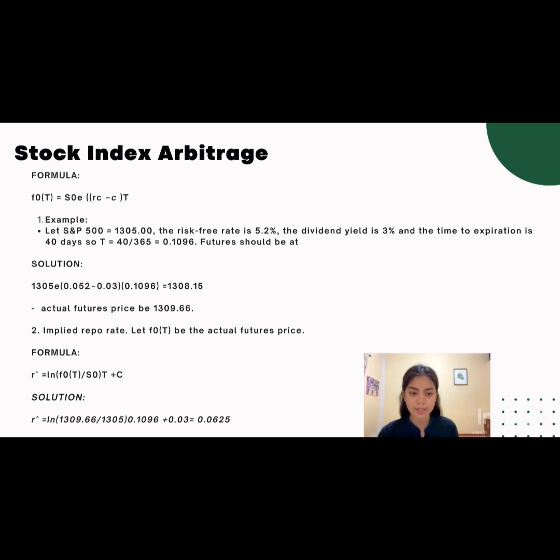So stock index rate. It typically refers to the return or performance of a stock market index over a specific period. It is also expressed as a percentage, and it represents the change in the value of the index over a specified time frame. It indicates how much the index has gained or lost during the period